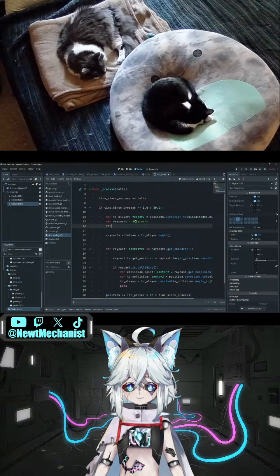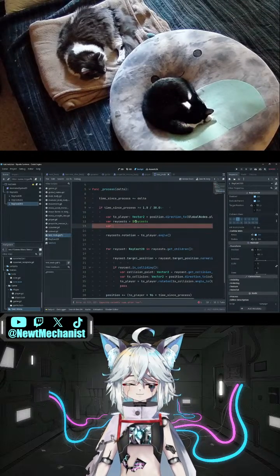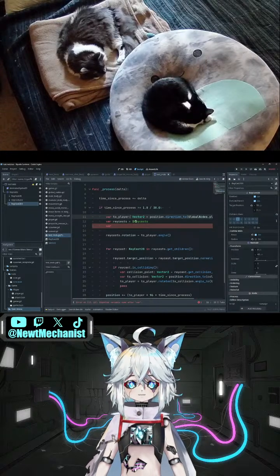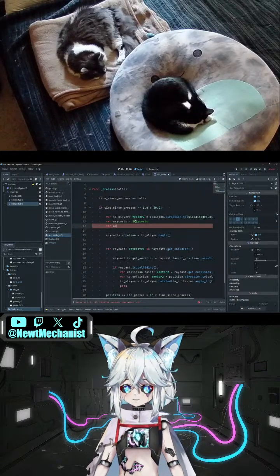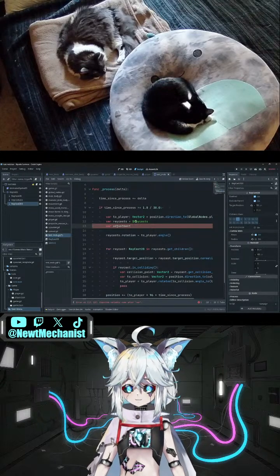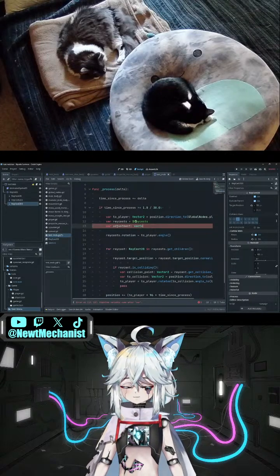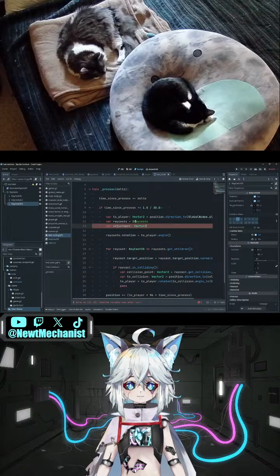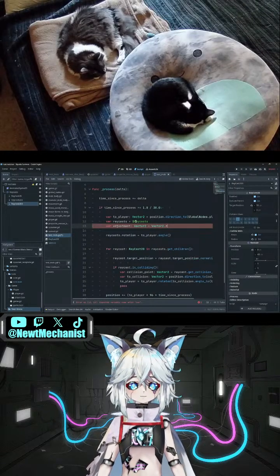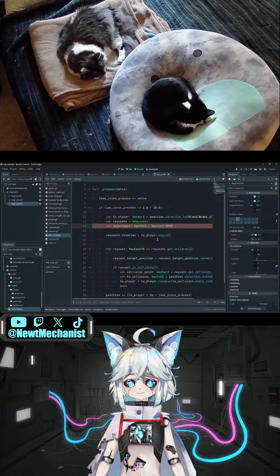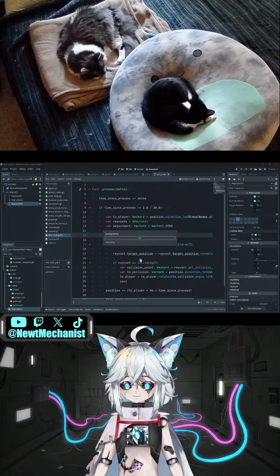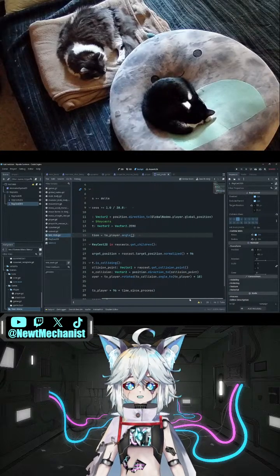Also going to declare a var. This is a collection of nodes, but I don't know how to present that. So vector 2, the vector 2 dot 0, just to be sure. So we've got that, and we've rotated the raycast. So then, for each raycast,